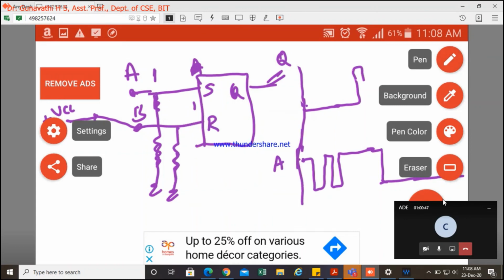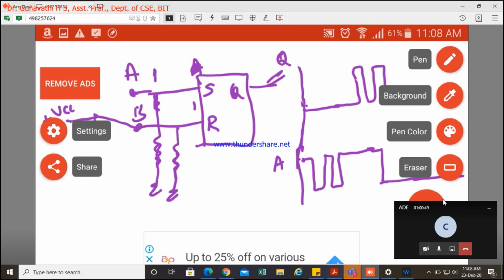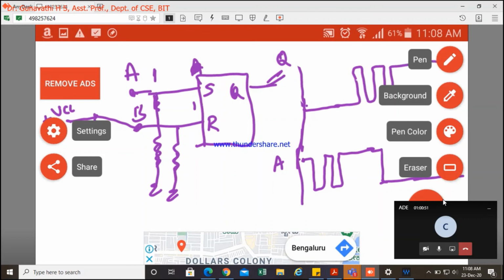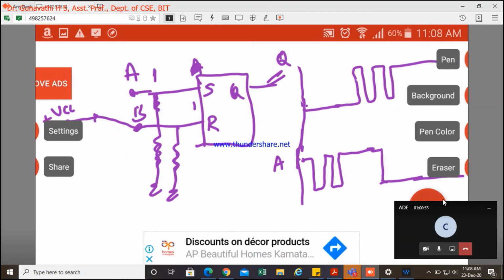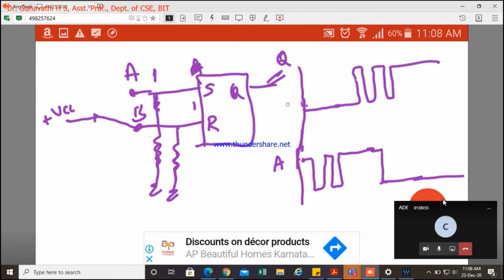So when I make this high, and let it be something like this. So this was my B and this was my A. I have a bouncing when I make this on, and here also I have a bouncing when I make this on.